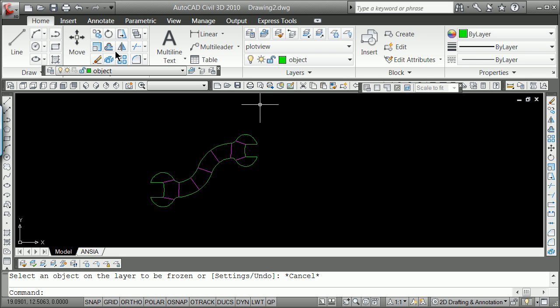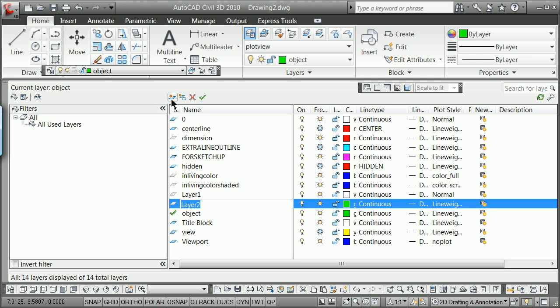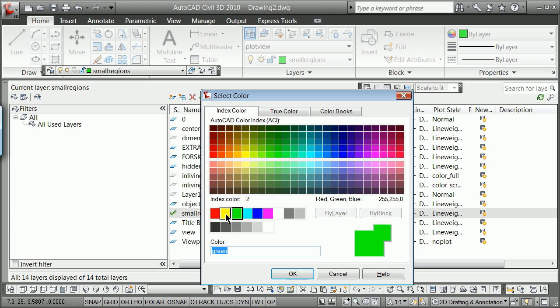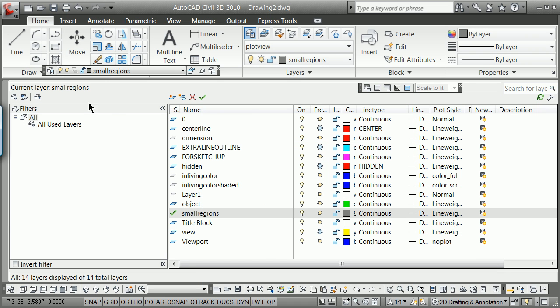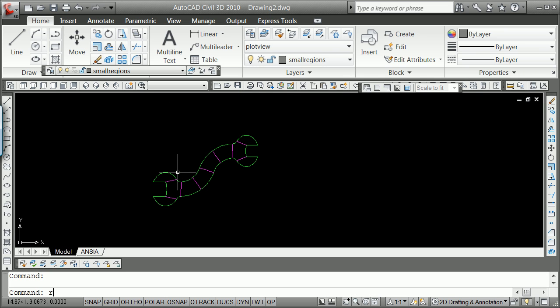And then I'm going to do one more set of layers here, make a new layer here. I'm going to go small regions. I'm going to hit here and say small regions. Double click on that, make that current, give that a different color. I guess I'll make that gray for now. And what I'll do here is I'm going to just go ahead and make individual regions. So I'm going to say this region,